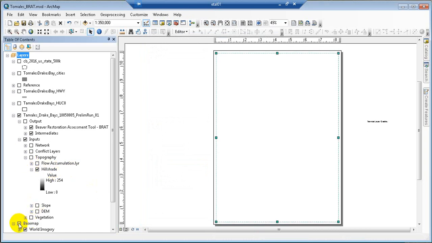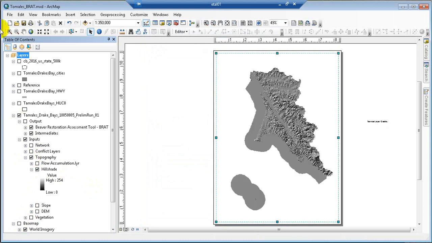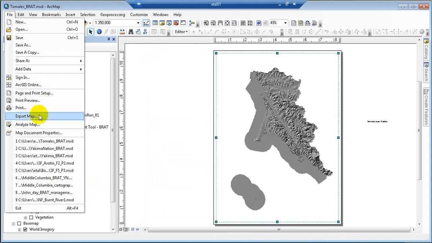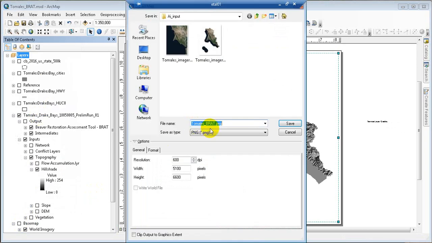Now we're going to turn that off. Turn my hillshade on. File, export. We're going to save this as a PNG as well. Call this hillshade. And so for both the clipped imagery and the hillshade,